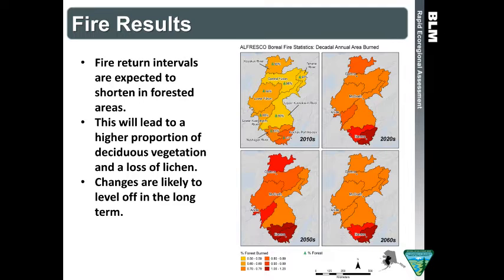And that's actually what can be expected and predicted for fire modeling, in the sense that if the burns ramp up enough, eventually you reach an equilibrium, because now you've got a lot of deciduous forest that doesn't burn as easily, and so the Alfresco model chills out and slows down at a higher level, though. So you notice that the burn frequencies in the 2050s and the 2060s are still much higher than the modeled burn frequencies for the current decade. So that's kind of the overall picture there.